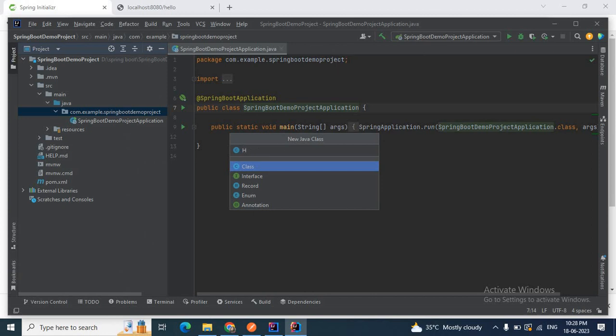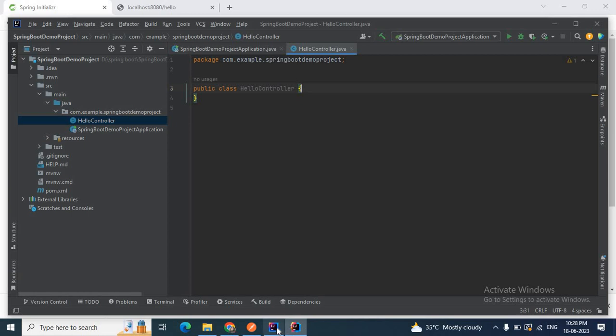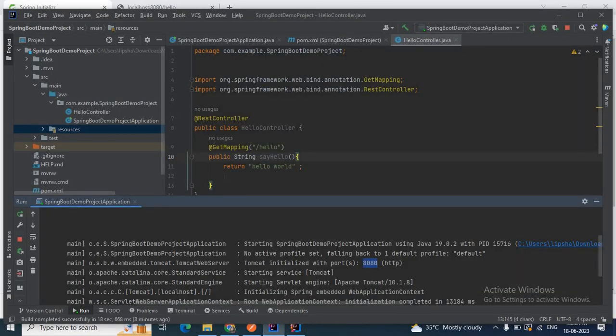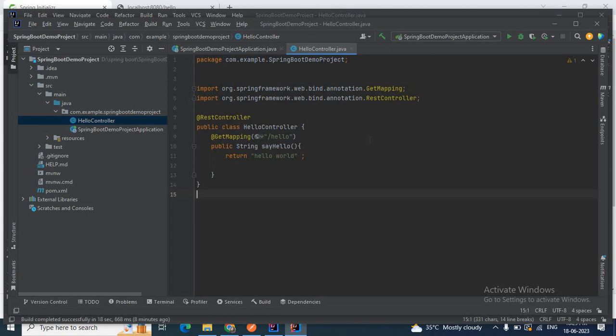Here you can create your hello controller. Same thing I'll do: let me go to my Community Edition and copy paste the whole thing. Okay, so this is my hello controller.